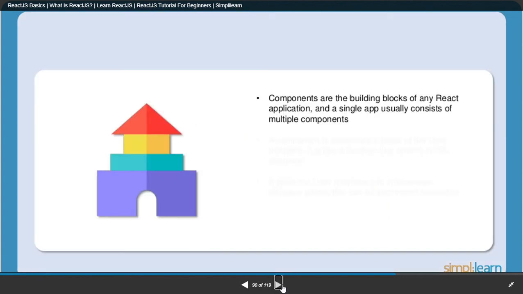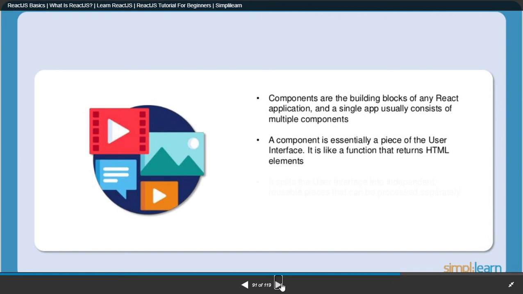And what are components? As I discussed on the Instagram page, search is a particular component, and the story will be a single component, and below, the post will be a single component, and the profile description will be a single component. So each component is nothing but a building block of the React application. An application has multiple components; as I told, Instagram itself has 5 different components on that particular page which I displayed.